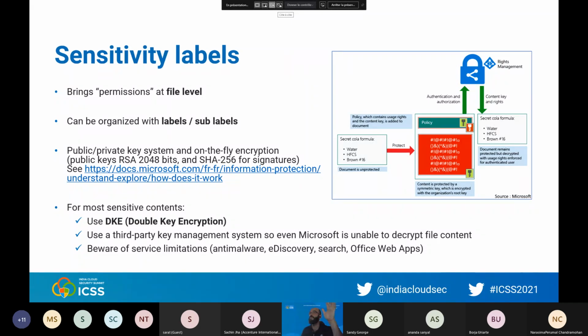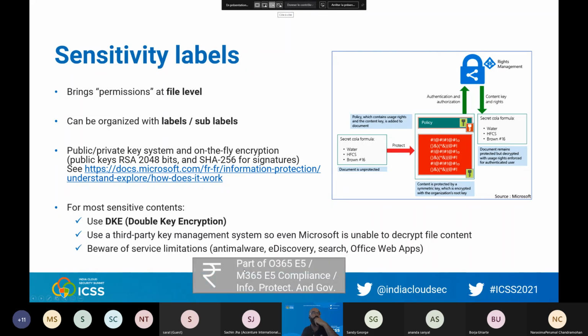So if you have very, very secure content, and you don't want even Microsoft to be able to decrypt such a document, you need to enable DKE, and for DKE you need Office 365 E5 or Office 365 E5 compliance or information protection and governance license. Okay, and if you use DKE, you need to implement a system to manage your keys, or you have a third-party provider for keys that has a system for that.